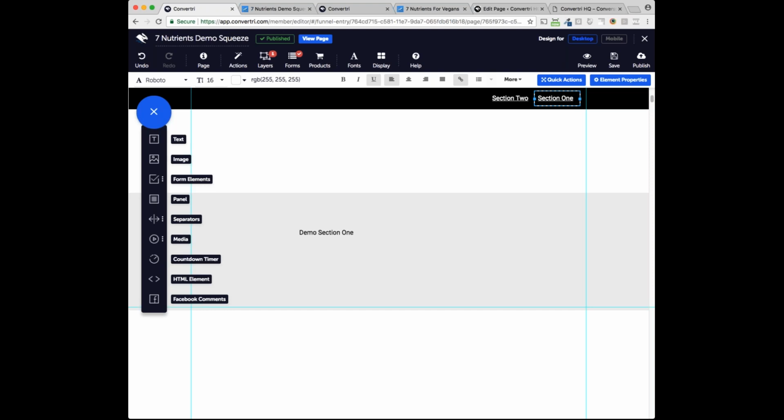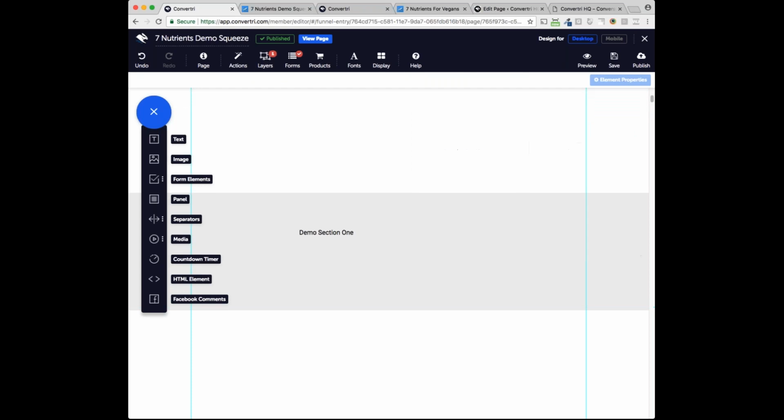David asks, is it best to set up the form first, then drag the email and submit buttons onto the page afterwards? It doesn't really matter what order you do it in. What matters is, whoops, don't click the wrong button in GoToWebinar. That's very important. The main thing that matters,